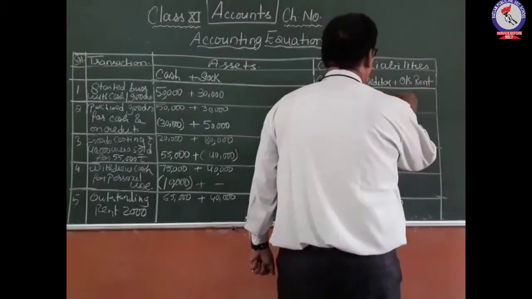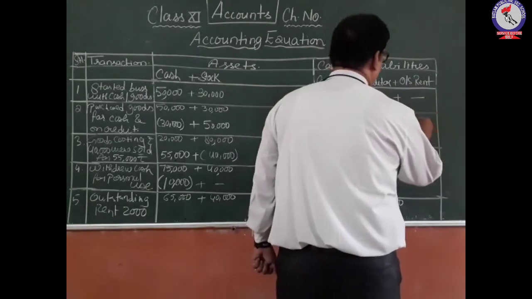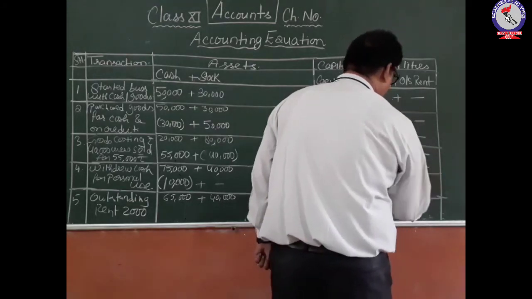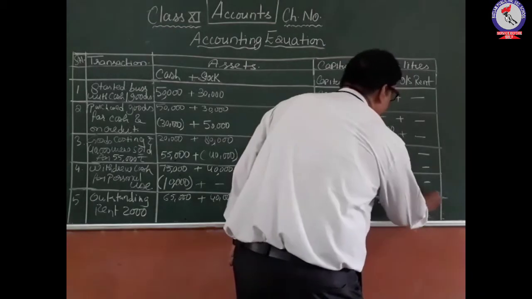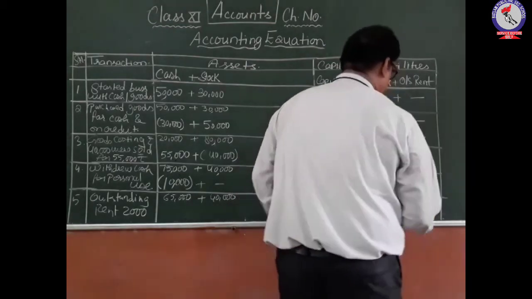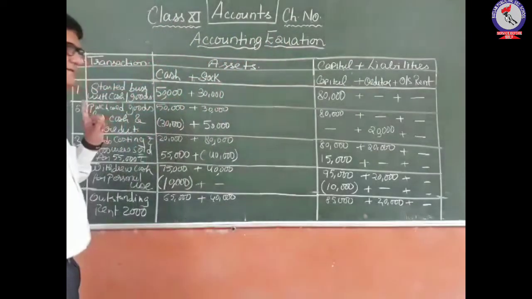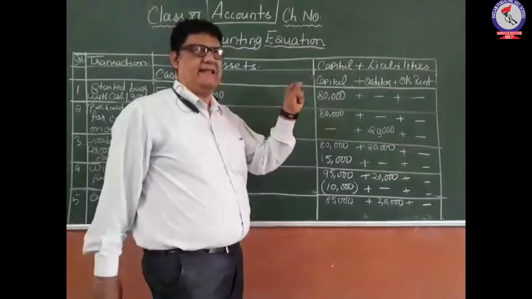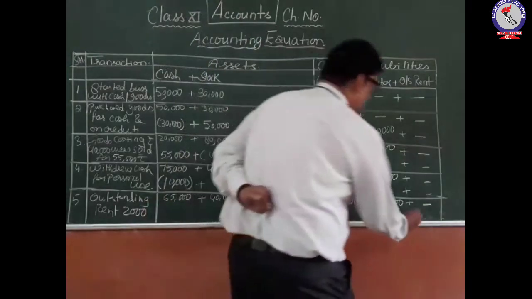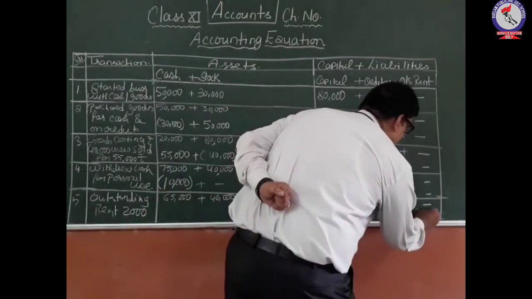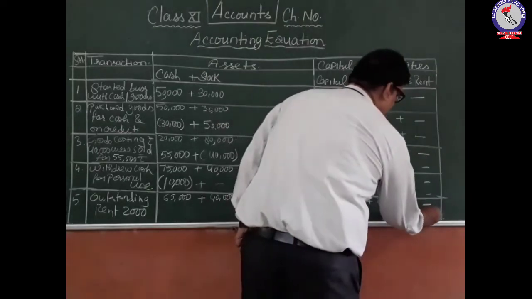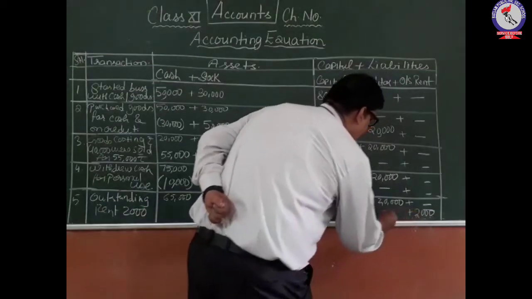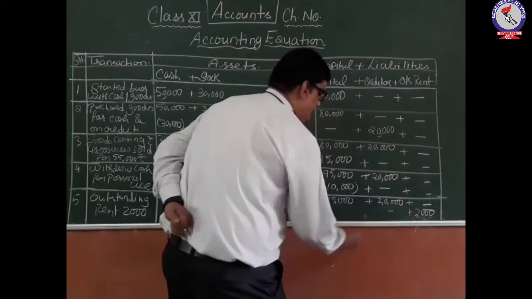So from top to bottom up till the stage where we have not shown any effect of this thing, what we will be doing, we will be just making that formulation clear. That means nothing is coming from here to here. Up till this stage there was no entry of outstanding rent. But now this is the first time when we have introduced the outstanding rent. So outstanding expenses will increase by 2,000 rupees. So 2,000 is the amount of outstanding rent what we have added there. There is no change in the amount of creditor. So creditor will not show any change.